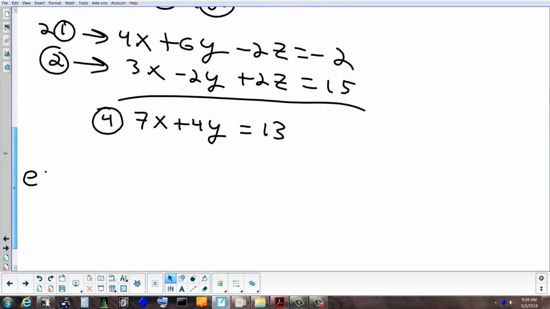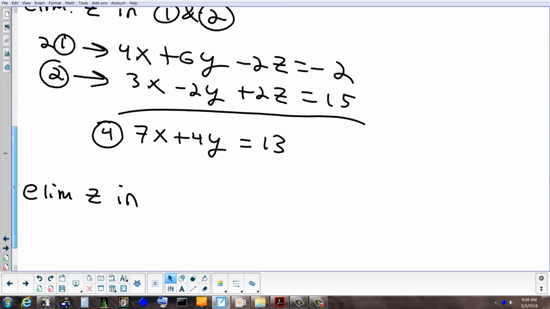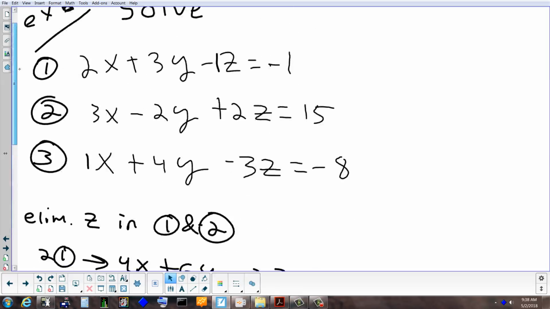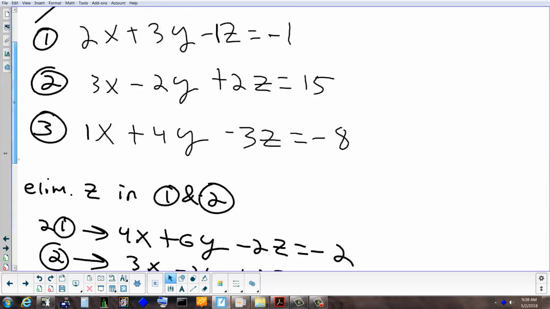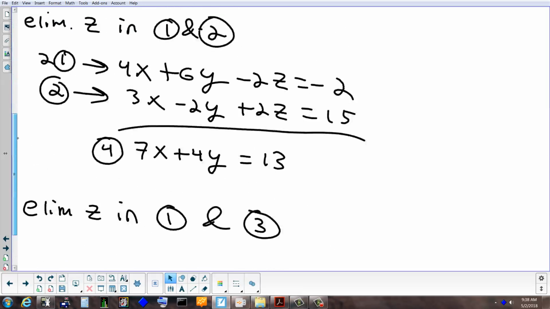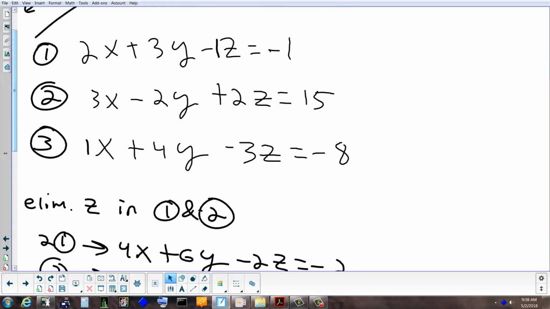But we have to eliminate z in which 2 equations this time? Yeah? 1 and 3. Sure. You can eliminate z in 1 and 3. And now I need the directions for how to do that. So Sam, how would I eliminate z in equations 1 and 3? What would I have to do? You can multiply the first equation by